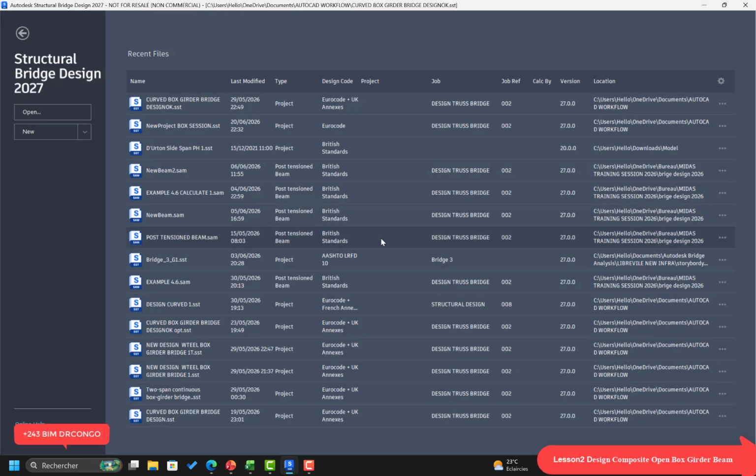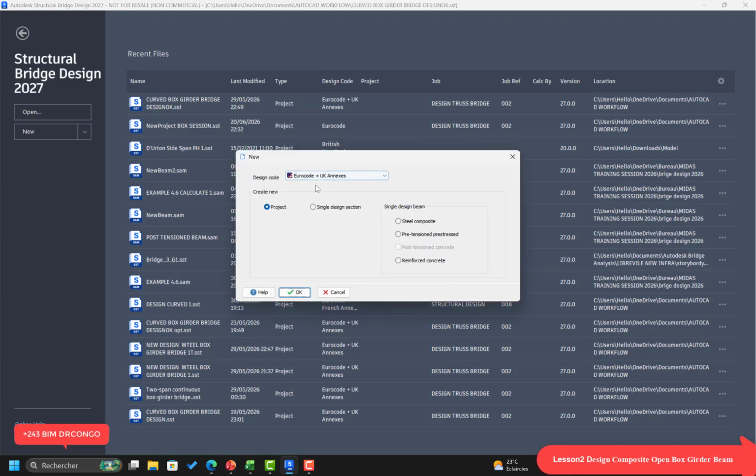So this is the Autodesk structural grid design environment. First of all, I will show you how you can create the open box composite box girder beam in the design software. The first thing we must do is choose the design code. For our training, there are many aspects from many different